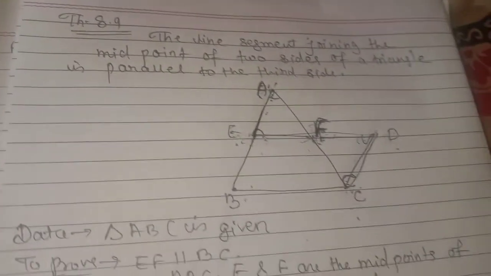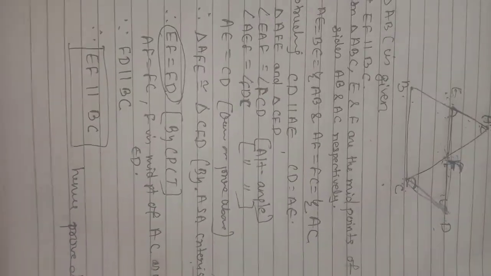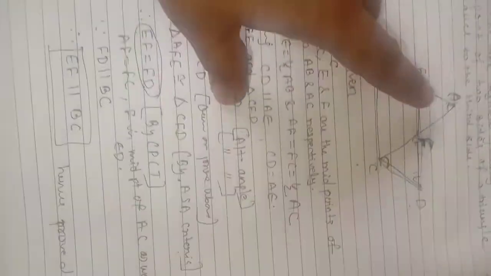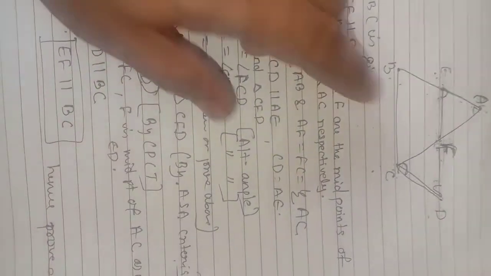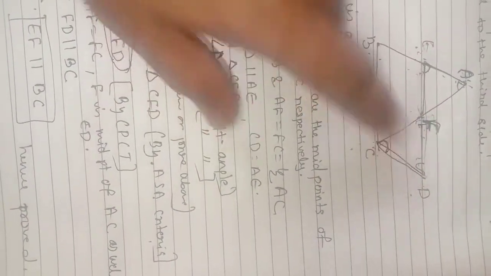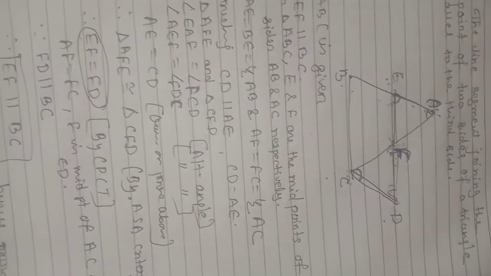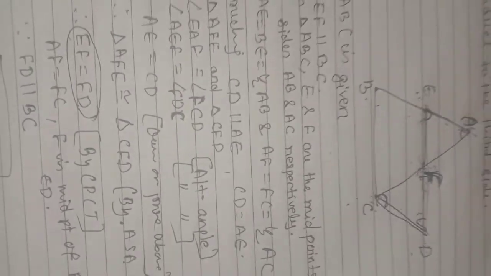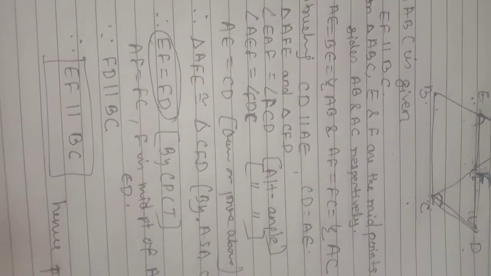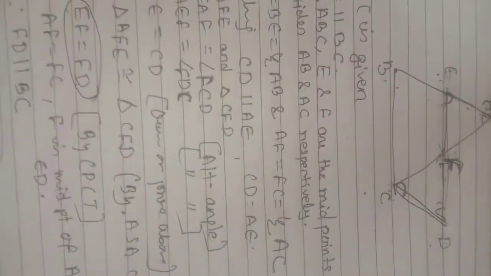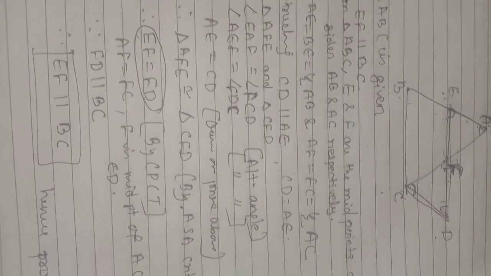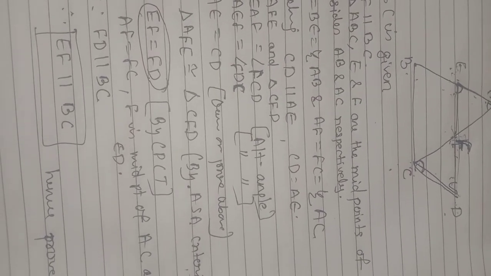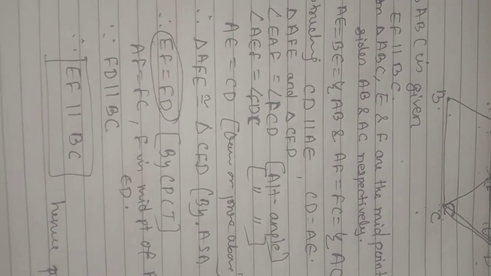Okay, 8.9, a very important theorem. I am just holding the camera now. You can see the full view. Nothing else is there. First of all, we have to write the given part. Then we have to select the two triangles. Two triangles are equal. Then simply you can write EF is equal to FD. When you write EF is equal to FD, F becomes the midpoint of AC and F becomes the midpoint of ED. So if FD is parallel to BC, as I have written here, since FD is parallel to BC, EF is also parallel to BC, which is our requirement. Okay, so for the next segment, we'll use the midpoint theorem. So till then, you prepare this.